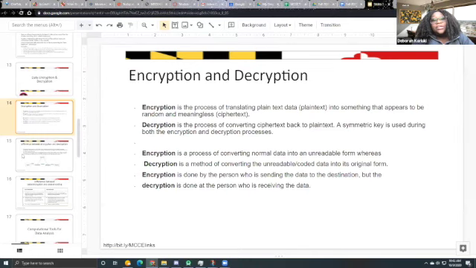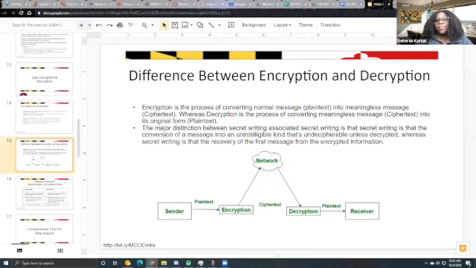So encryption is done by the person who is sending the data to the destination, but decryption is done by the person who is receiving the data. So they'll have a key, they'll open it, they can read it. And the reason this is done, we all know, is for security. When you're transferring information through the web, you want to encrypt it so that people are not able to read